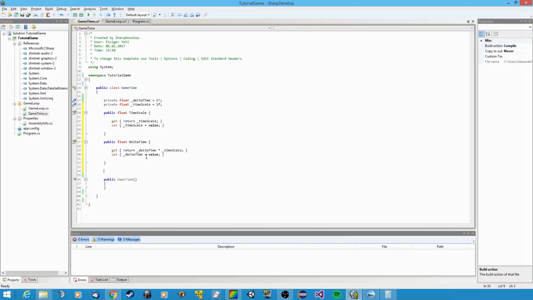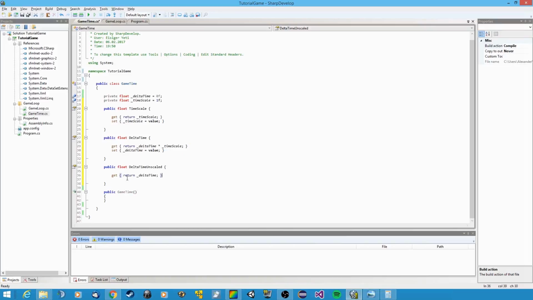I think it does. Okay, but just in case we actually need the actual delta time value unscaled, we're going to create another property and call it delta time unscaled. And this will basically just return delta time without any sort of modification. And that doesn't need to be a setter because there's nothing to set in this case. Okay. All right, so another property is,